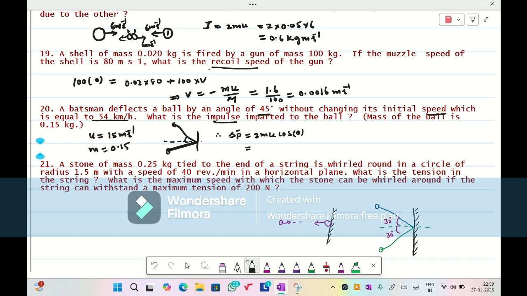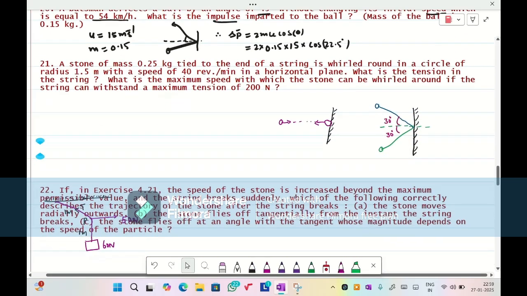So that is equal to 2 into m, equal to 0.15 into the u value 15 meter per second, into cos 22.5. Exactly, I don't know. Here I will stop. The cos 22.5 degrees value has to be given actually. In mains exams and all, they will mention this cos 22.5 value. Right. So now